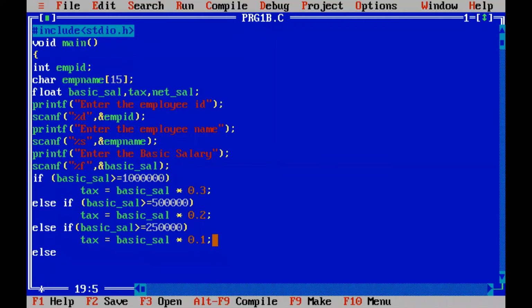Anything below 2,50,000, there is no tax, right? So I am giving tax equal to basic sal into 0. Nothing is there here. We are not having any tax for the amount.